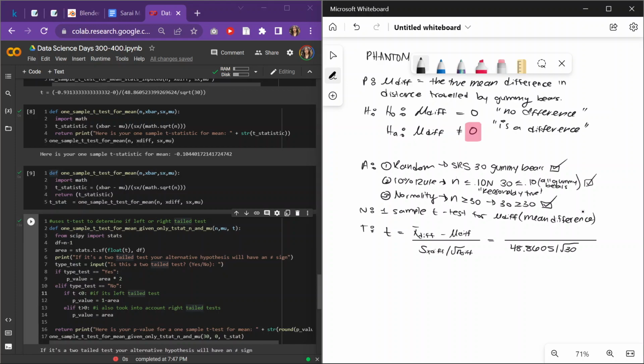And then I'll do the mu difference, which was negative 0.9313 minus 0, and then we say that t is equal to